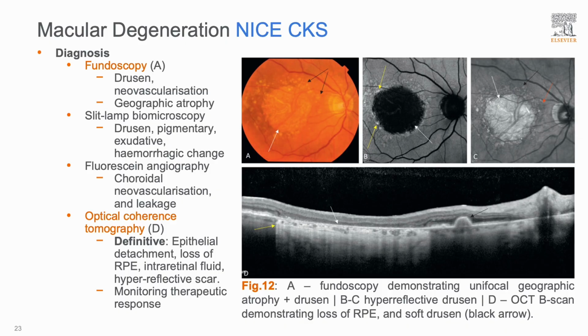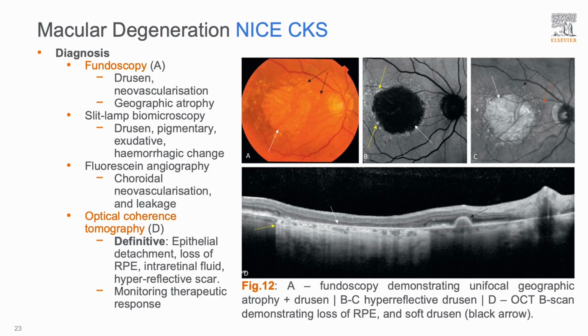On closer inspection of figure 12, we can see in part A a colour fundus photograph of geographic atrophy, secondary to age-related macular degeneration involving the centre of the fovea, with a sharply demarcated area of retinal pigment epithelium depigmentation with visible choroidal vessels. We can see it is surrounded by large confluent soft drusen as shown by the black arrows within the image. In part D, a cross-sectional OCT scan,